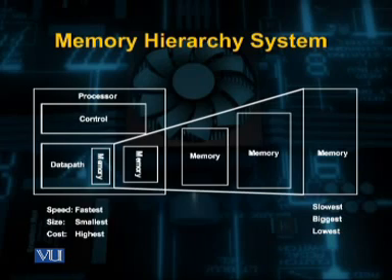Besides variations in speed, you can see that these boxes also vary in size, and this shows that the smallest box is inside the processor and it represents the fastest memory but smallest in size, and the largest memory block is shown as farthest away from the processor, and it shows that huge memory can be made available by using